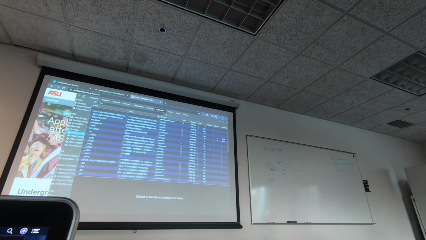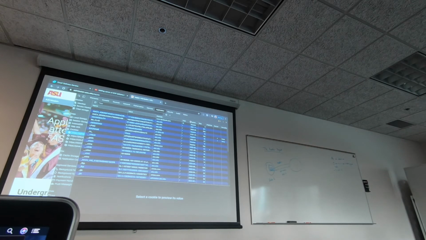So you can see the domain where it's set, right? You see it's set at .asu or whatever, expiration date, path, and then HTTP only and secure are pretty common ones that you should know about. So essentially what that means is